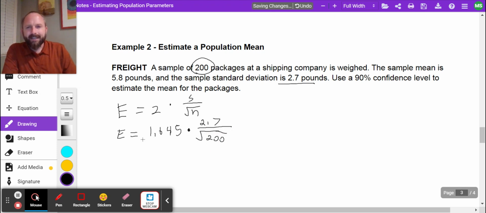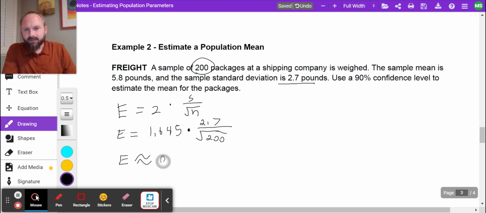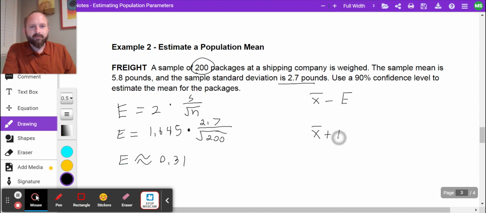And then if we gather this up, it should be around 0.31. So now we can determine something else. We're going to take our sample mean and subtract our error, but wait, we are also going to add it. So what we get is 5.8 pounds minus 0.31, and we're going to get 5.8 plus 0.31. So that would be 5.49